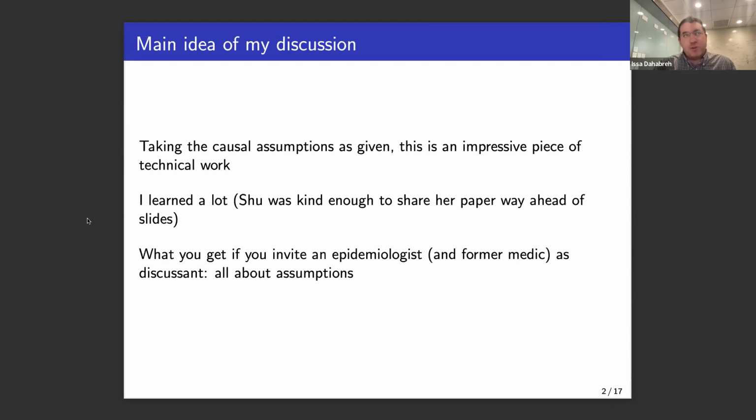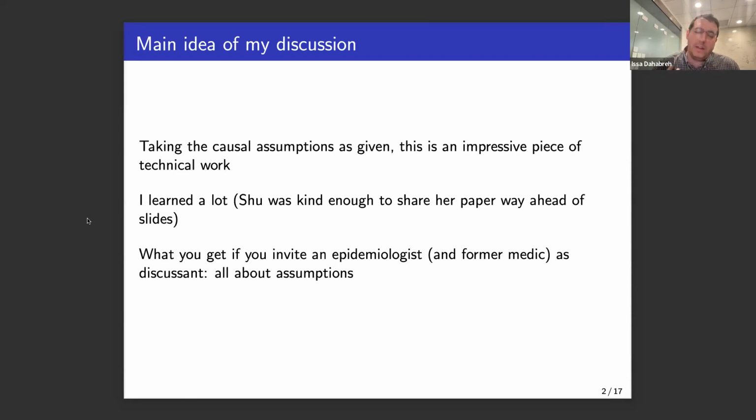Now, the unfortunate thing is, despite my dual appointment, I have the mind of an epidemiologist, the heart maybe of a statistician, but the mind of an epidemiologist. And for anyone who knows, that's like the wrong way. You want the mind of the statistician and the heart of the epidemiologist, but we get what we get. And so, since I'm an epidemiologist, and I came that close to being a real doctor,